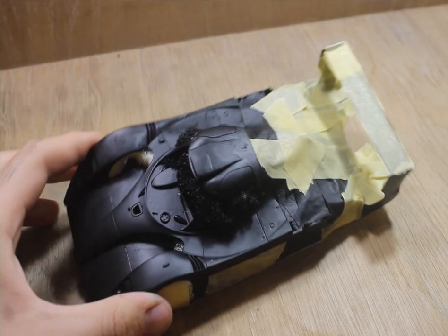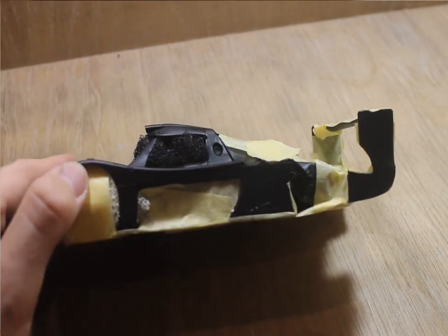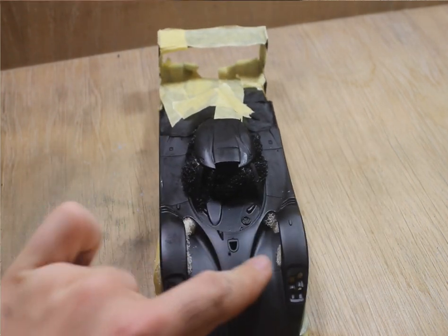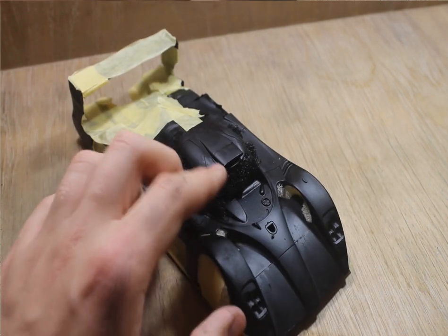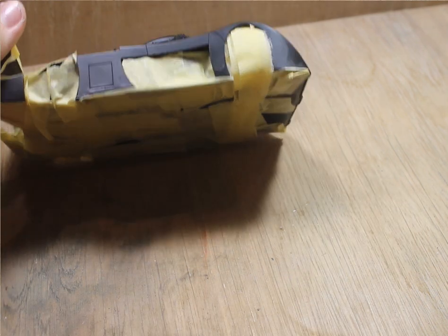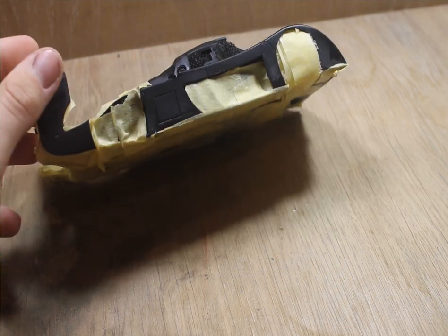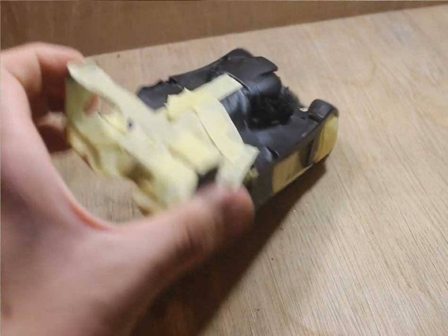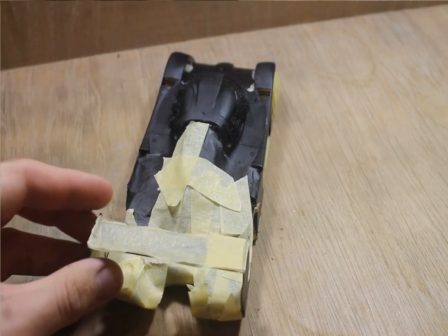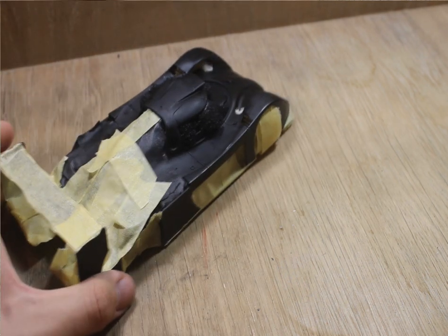And wow, it's primed black. That's pretty common if you ask me, but this isn't the only time you're going to see the car primed in black in the whole video because of some mistakes. The parts that were meant to stay black were then masked off, and the next top coat was put on